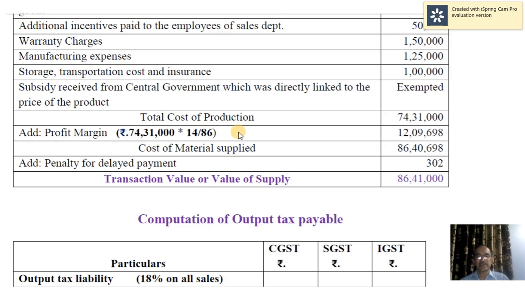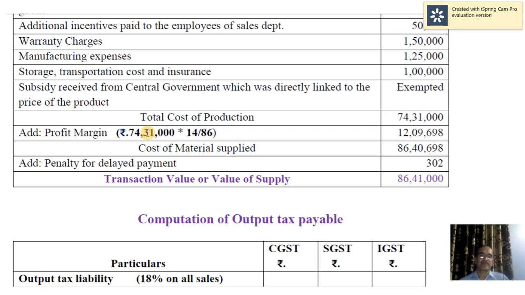100 is the selling price, let us take, minus profit 14 rupees. Then what is left out is 86. 86 is the cost. In other words, selling price minus profit is equal to cost. Cost plus profit is equal to selling price. So you get the equation here. Therefore, what we need is cost. Cost is equal to selling price minus profit. So if the cost is 86, you make a profit of 14.